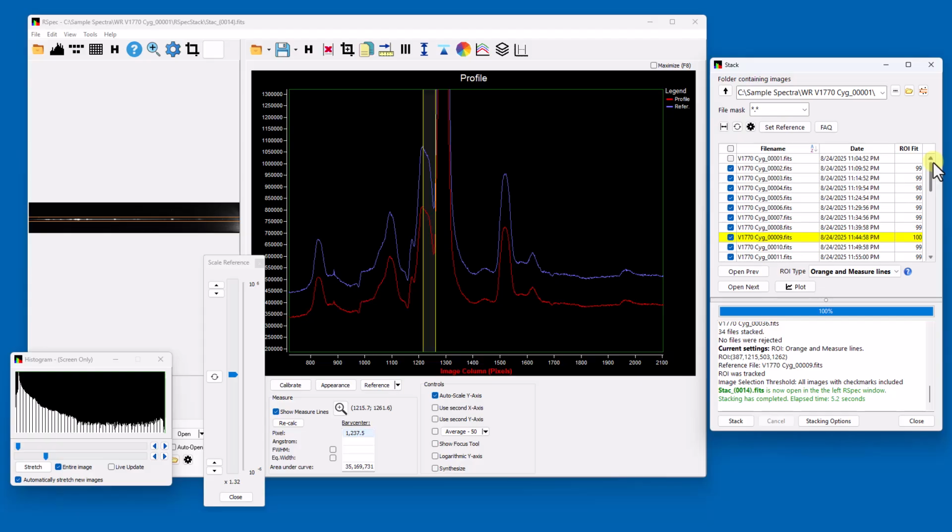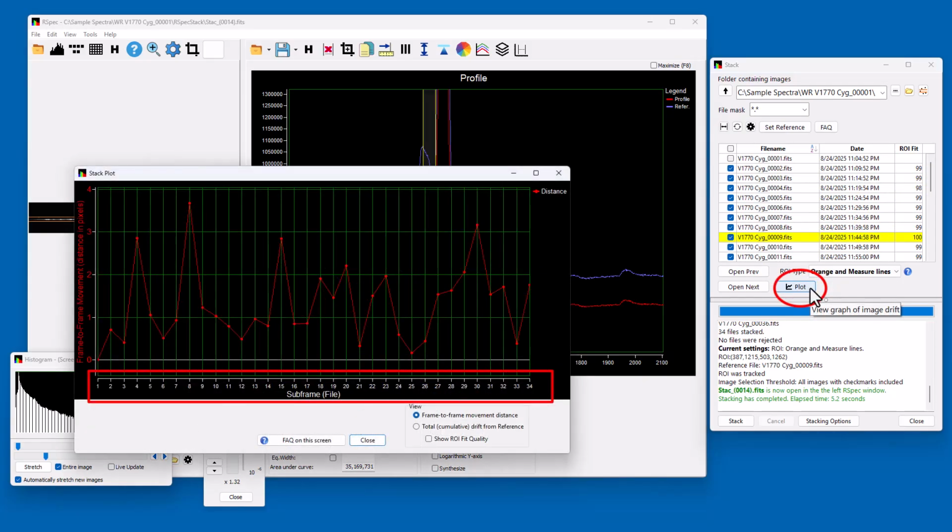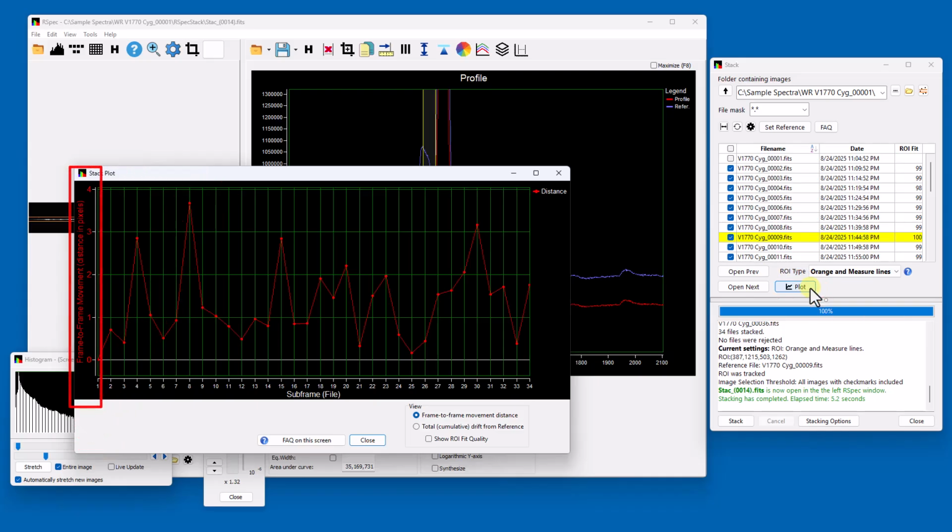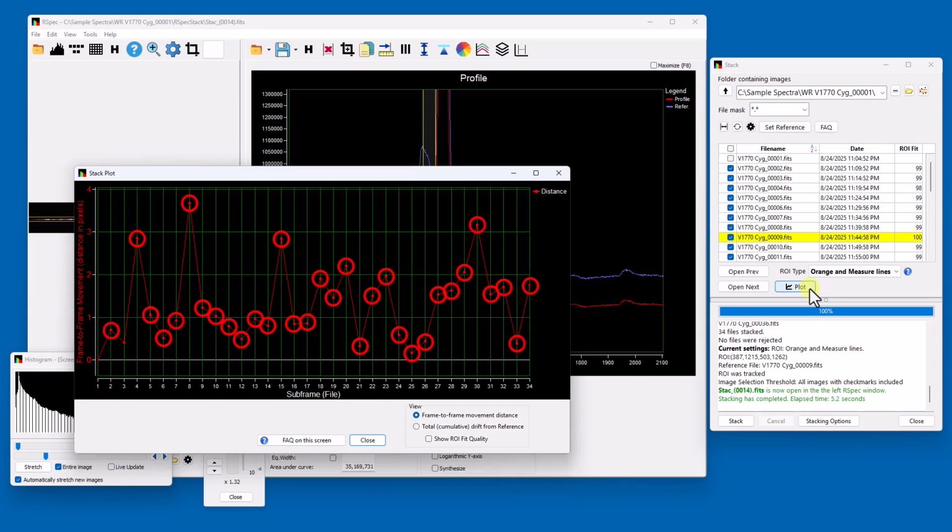But rather than dealing with these numbers in this column here, let's click on this plot button. The x-axis is the subframe number, and the y-axis is how many pixels the ROI drifted from the previous frame. The first frame here, by definition, had no previous frame to drift from, so its drift is 0. And you can see the subsequent frames each had a small but varying number of pixel drift from their preceding frame. The height of the points, the y-axis pixel movement, aren't integers because RSpec tracks down to the sub-pixel using